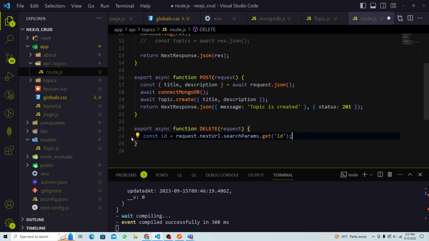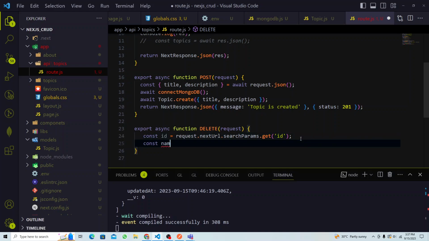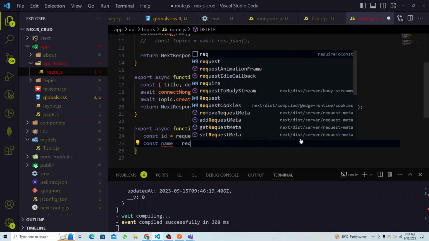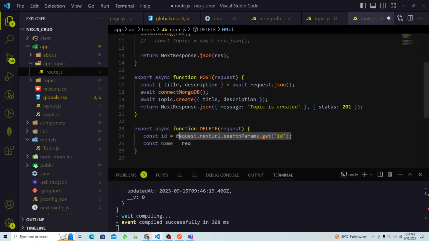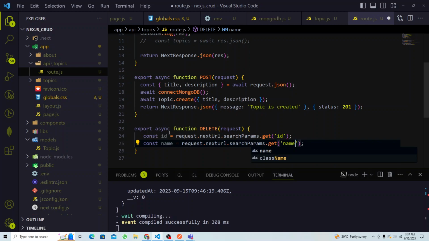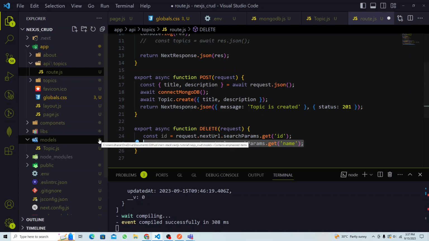This is important, because if you don't get ID, that is a problem, right? Request next URL search params dot get ID. Let's say if there was a name, like I showed you earlier, and you need a name, then just call the name here, same line, same thing, and that will give you the next search param also. You just pass the name here. So you can look with the ID or name, whatever. Sometimes if you have two different searching keys, you can do it this way. But in our case, we just need